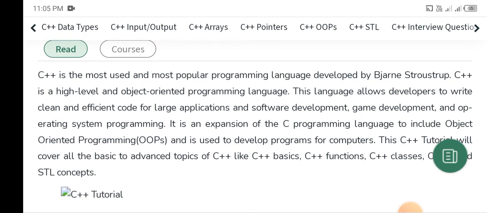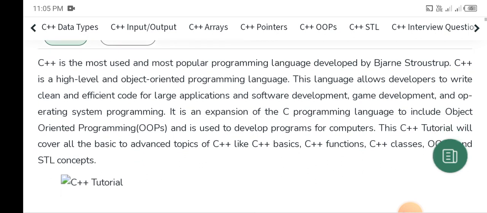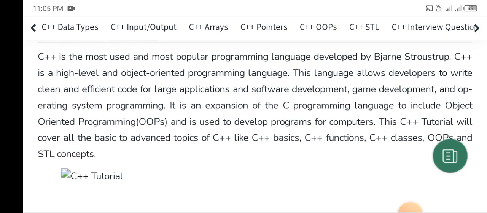C++ is the most used and most popular programming language developed by Bjarne Stroustrup. C++ is a high-level and object-oriented programming language. This language allows developers to write